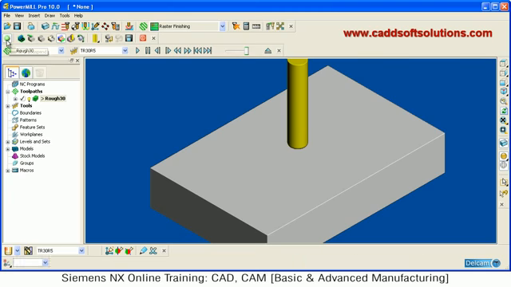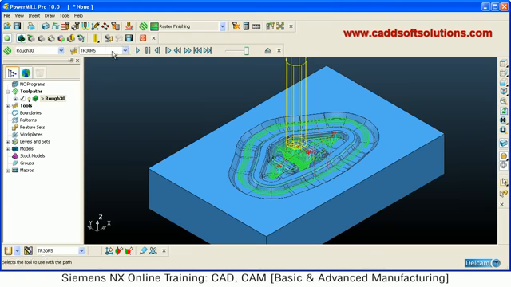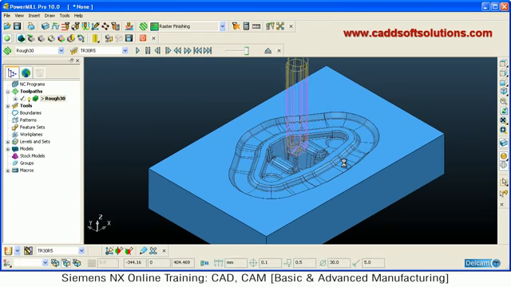Suppose I want some other format. Here no image is there, so it will not create any image. It will show in wireframe only how it is doing the machining. So it will not create any graphics image like the previous simulation. So this is a no image simulation.